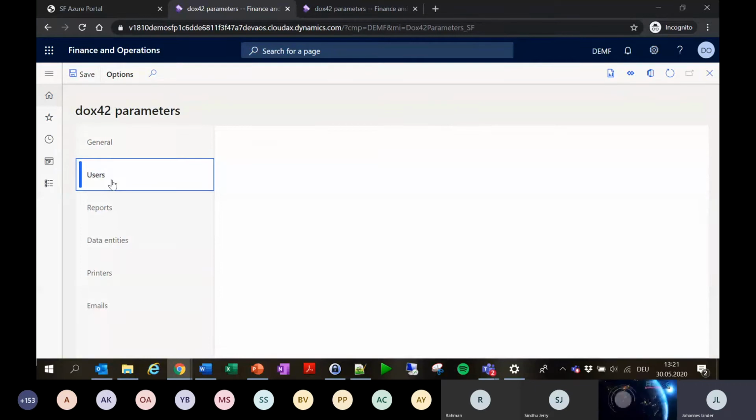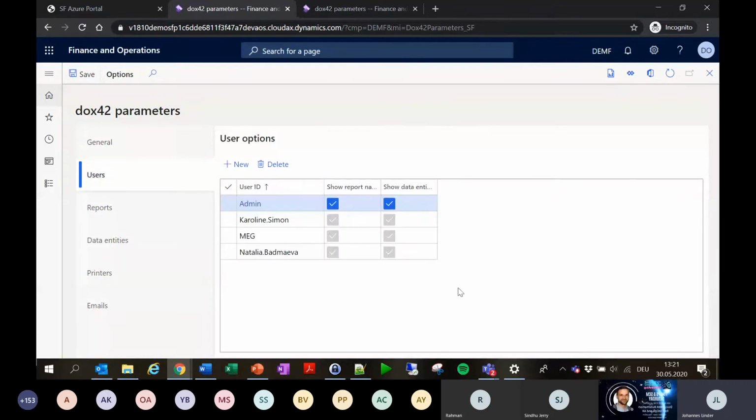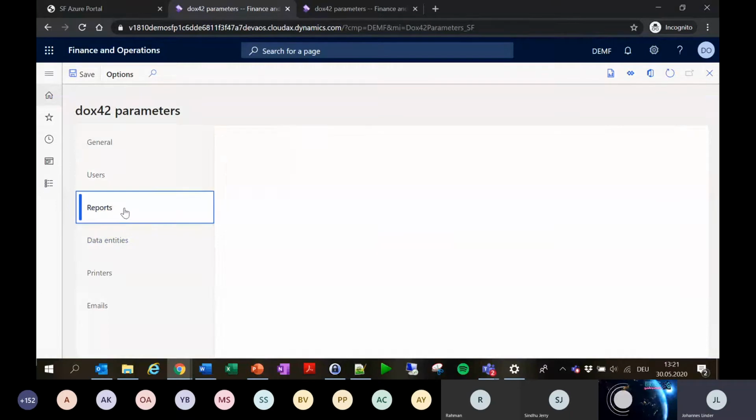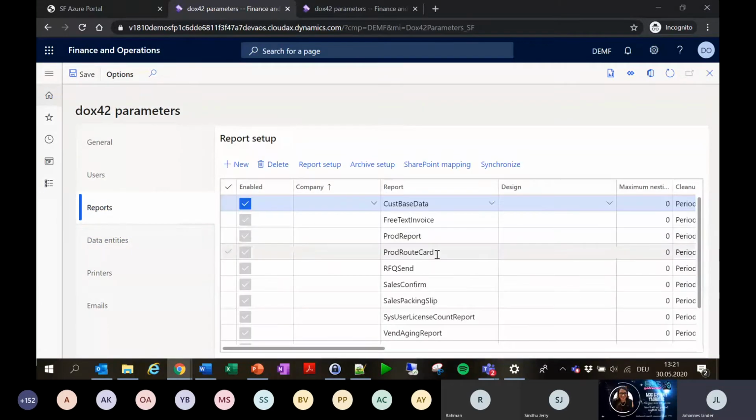Next part, in the users, you can define who would be able to define the reports and the data entities. So for the sales invoice, of course, as the first part, we will focus on the reports, but we also, like I said, do a vendor report, and that will be a data entity report. And then let's jump into the reports,